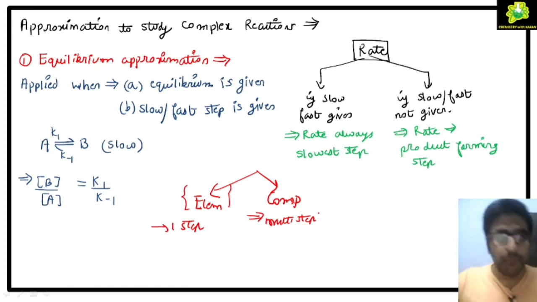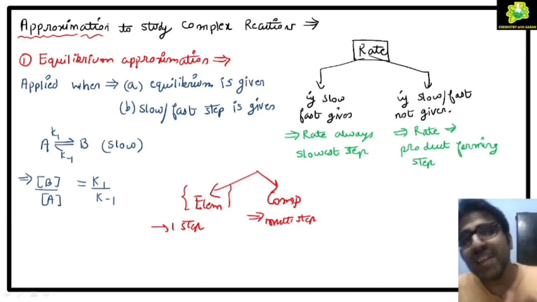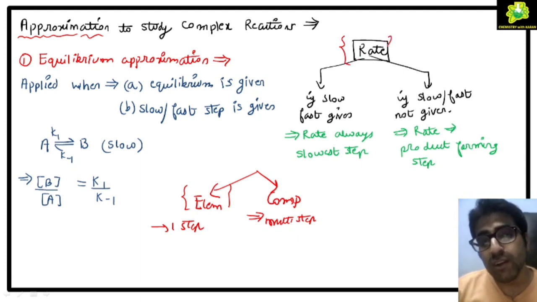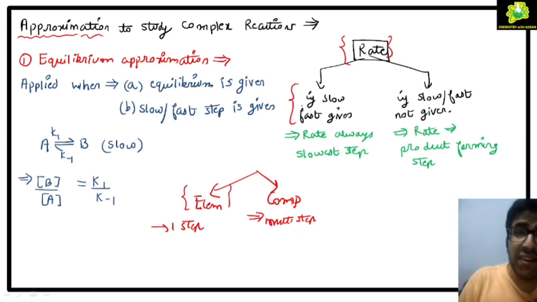Now, approximations to study complex reactions. There are various approximations which are required to study complex reactions since they are complex, obviously. So for studying them, we will be dealing with mechanisms. We will be given mechanisms and we will be writing the rate of reaction. So for writing the rate of reaction, we have to consider 2 points: if slow and fast step is given,